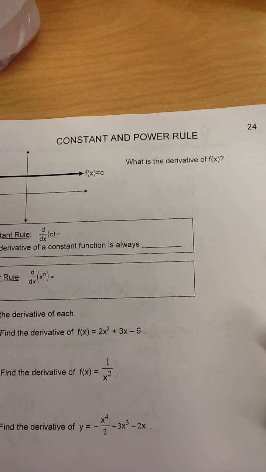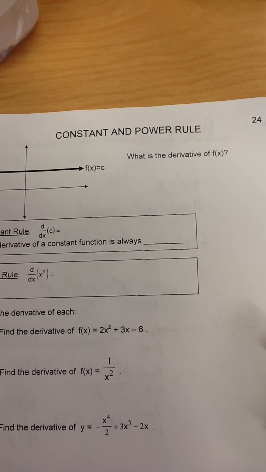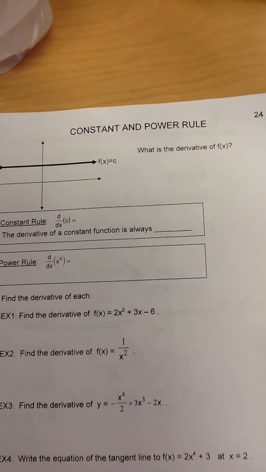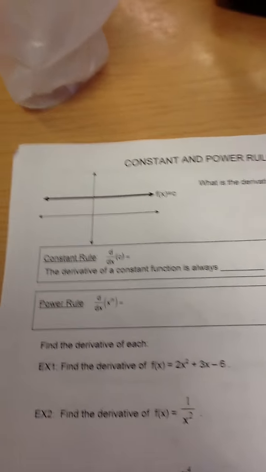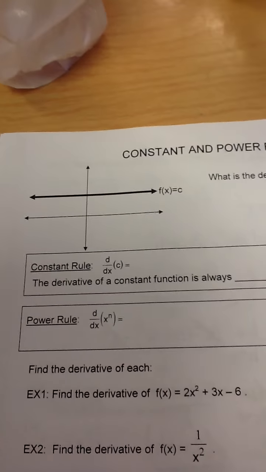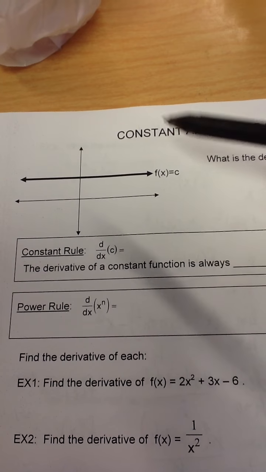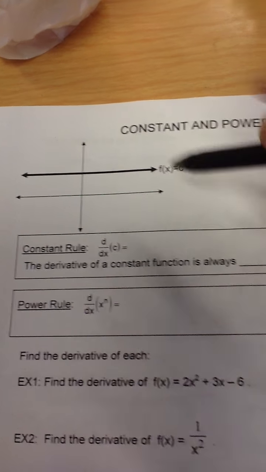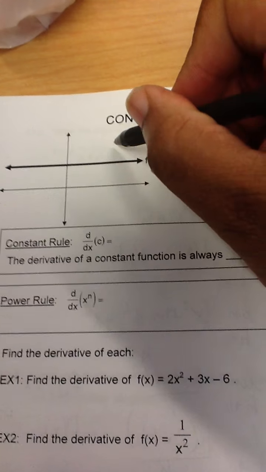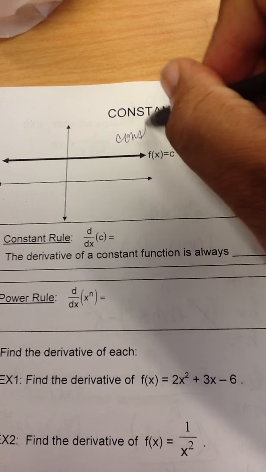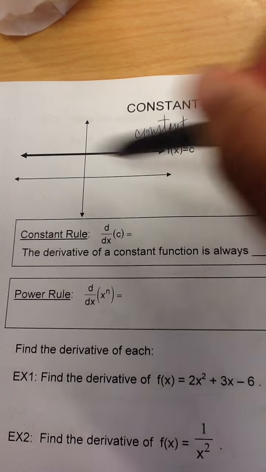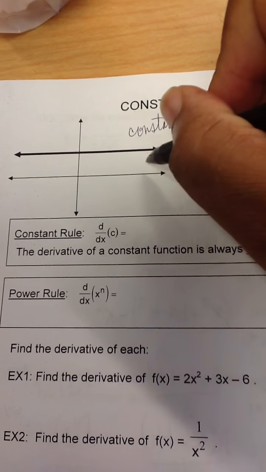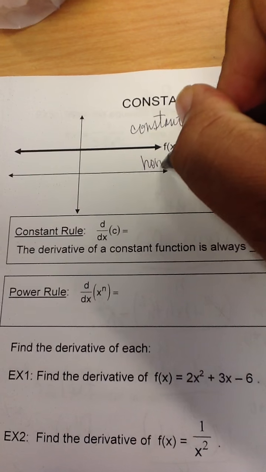Okay, this is T24, the constant and power rule. All right, so if I look at it, the first thing they start off with is the graph of this line. And we know that this line is constant, right? And we know it's constant because it's what type of line? Starts with an H. It's horizontal,